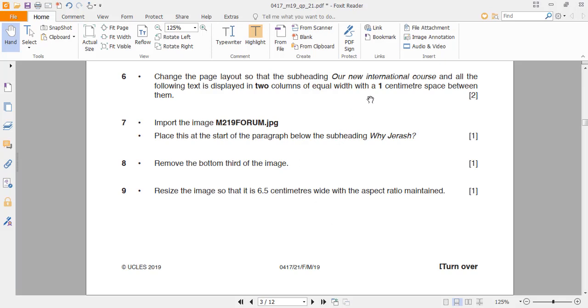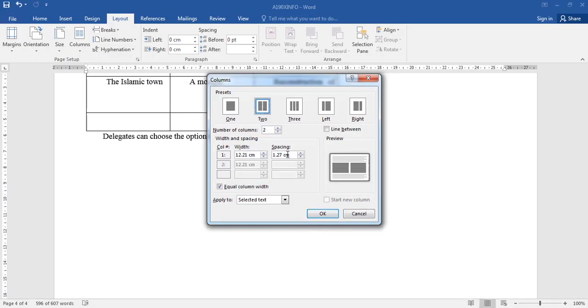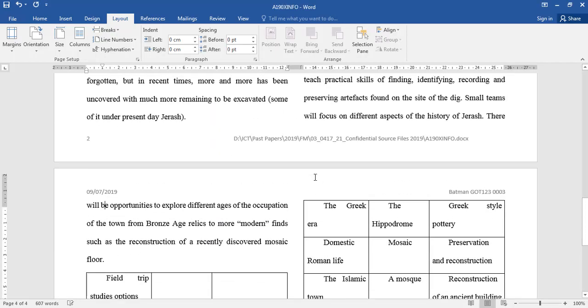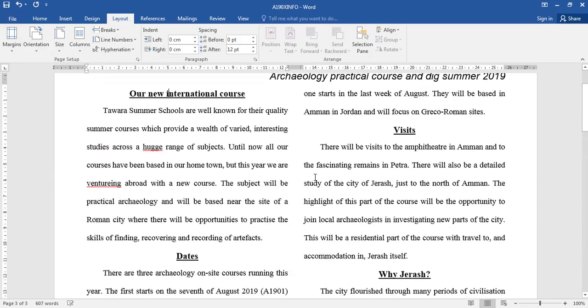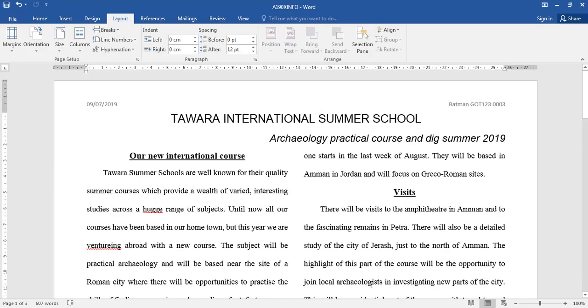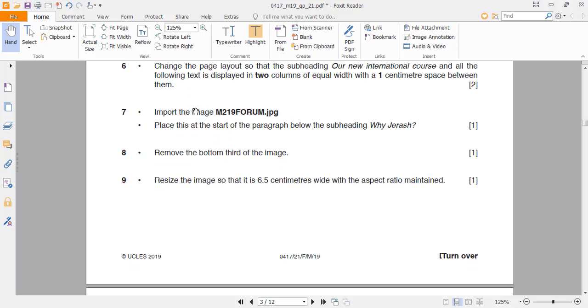So it has to be 1 centimeter space between them. So 2 columns with a spacing of 1 between them, and make sure that they are equal column width. Okay, and here we have successfully done the splitting of the page into 2 columns. Perfect. Now we have to import the image M219 that should be put at the start of the paragraph below